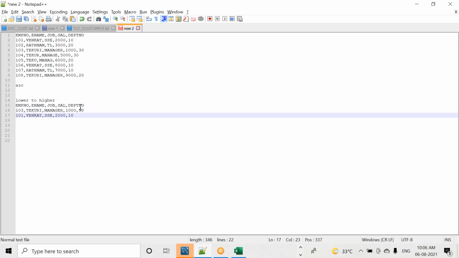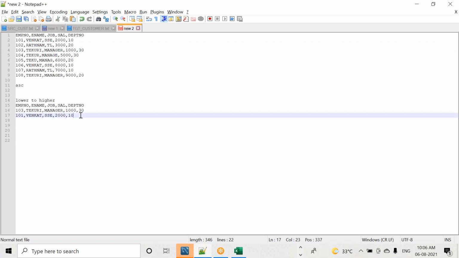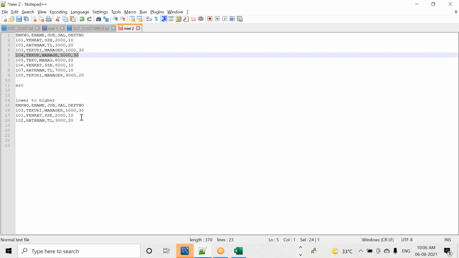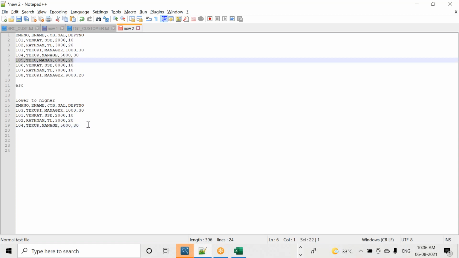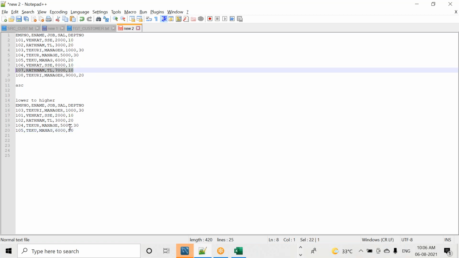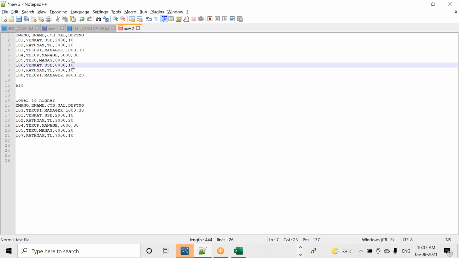Pick that person only. Next value 3000. The next value 5000. The next value, 106, 6000. The next value 7000. The next value 8000.